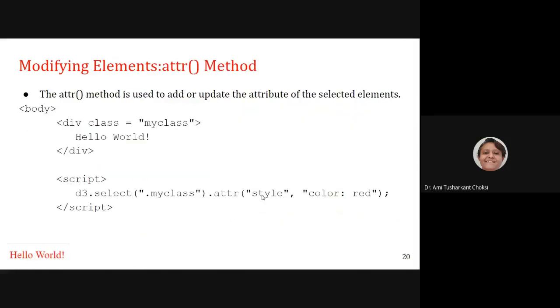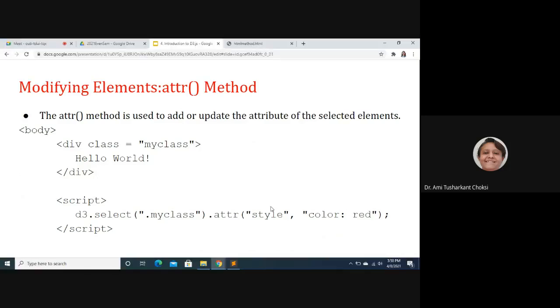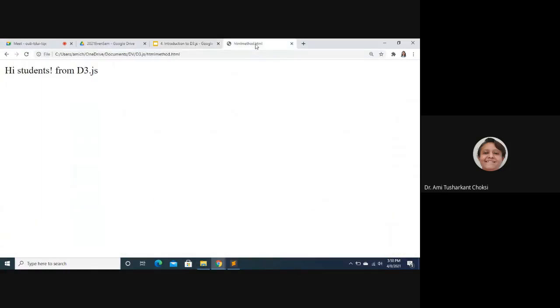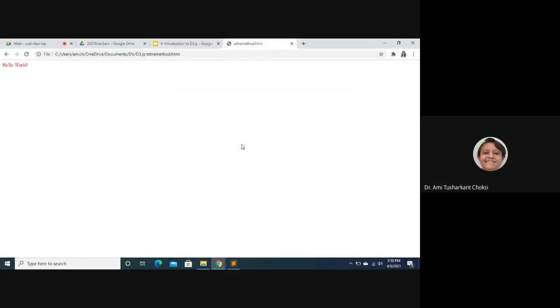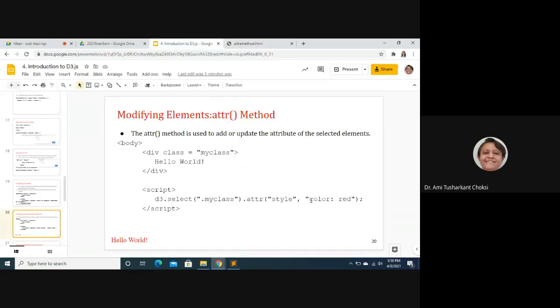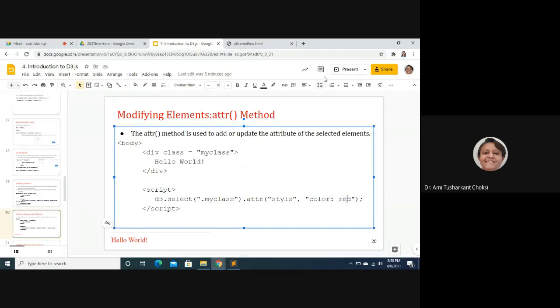Then for style we want to change, we are providing style, and what style we want to set is color colon red, right? So we want to specify the attribute style. So let me show you that, the attribute method. We can see the output, the red color, which we have set here, right? Color colon red.